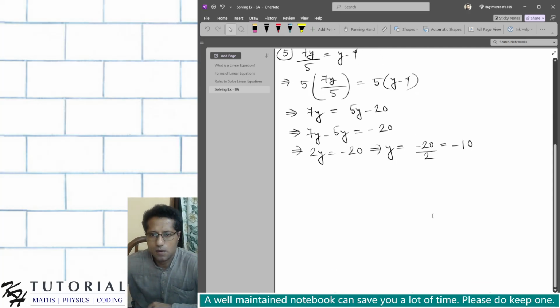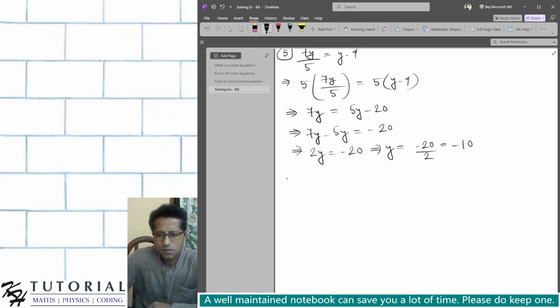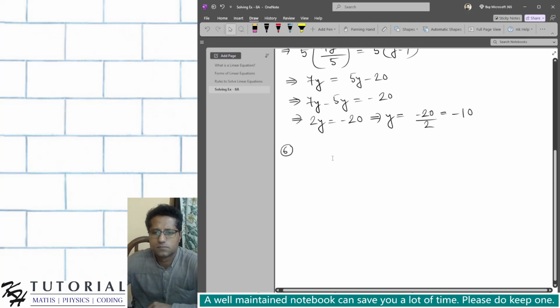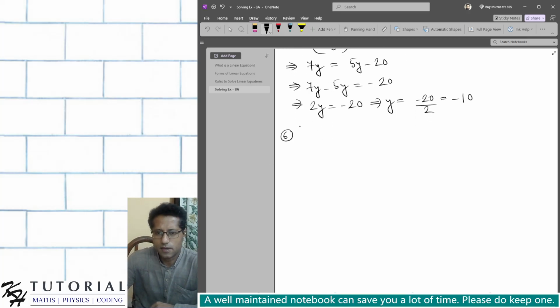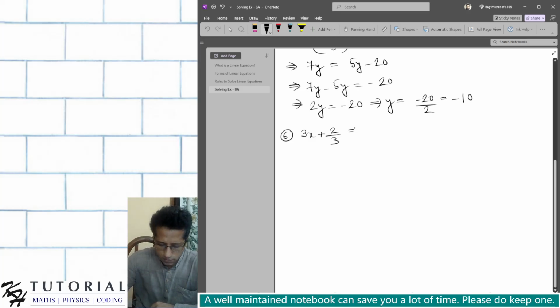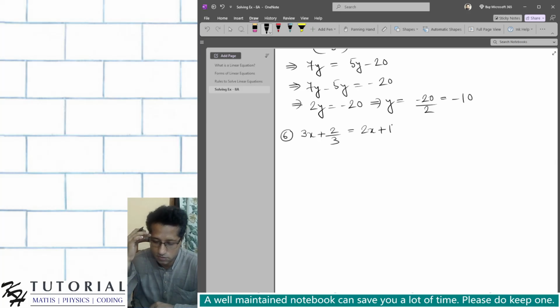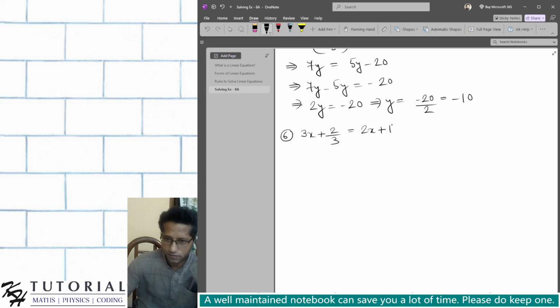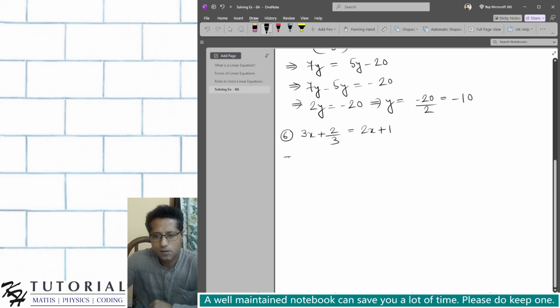Okay, let's do 6. 6 is 3x plus 2 by 3 is equal to 2x plus 1. So this is also an equation which can be reduced to simple form, because this is not an equation in simple form, since we have a rational term 2 by 3. So what we can do is multiply both sides by the denominator of the rational term, that is 3. That is, if we multiply both sides by 3,